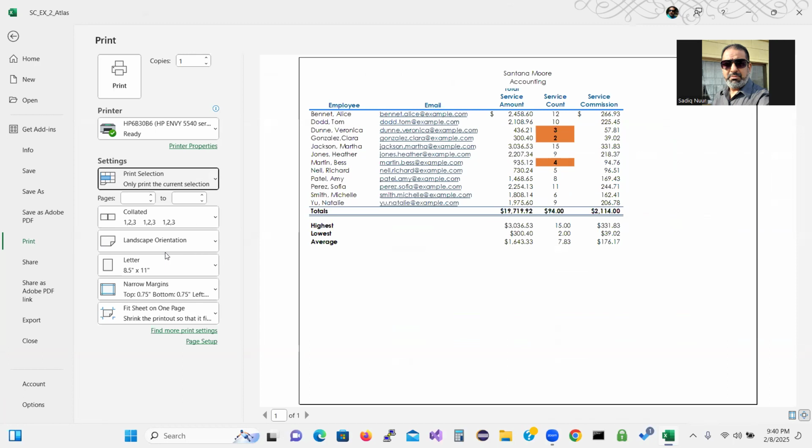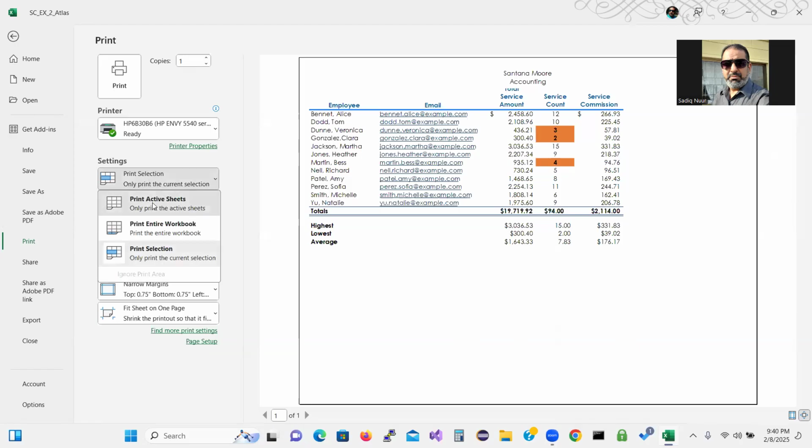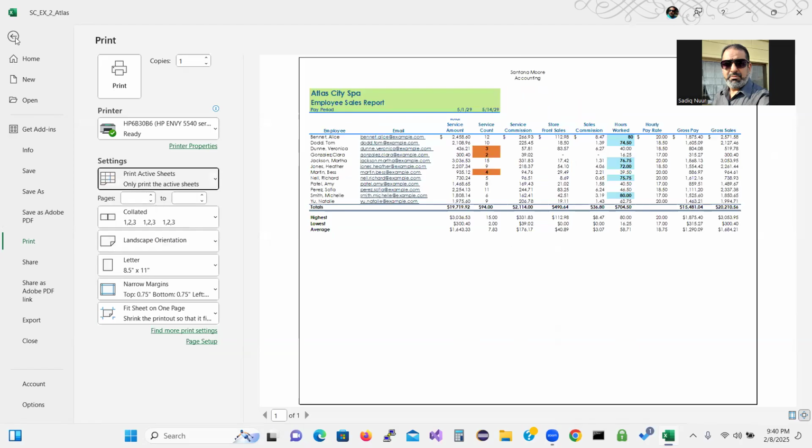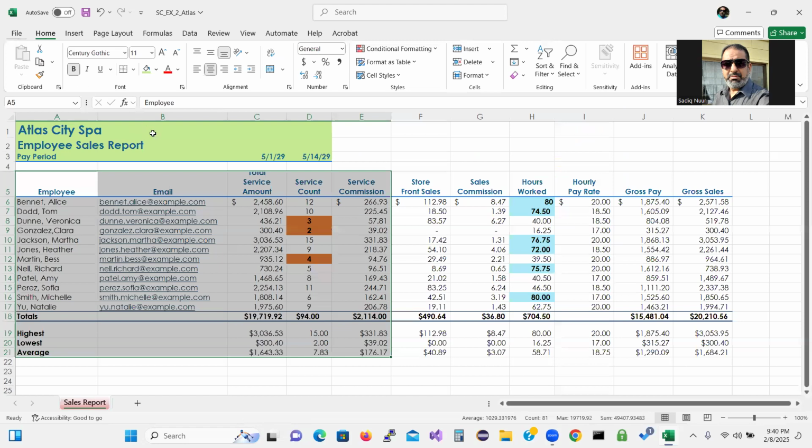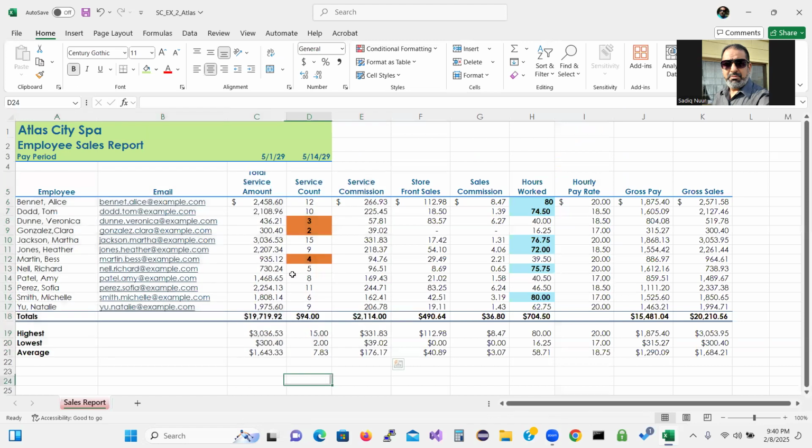Next, displaying and printing the formula version of the worksheet. The formula version is useful for debugging a worksheet. Debugging is the process of finding and correcting errors in the worksheet, right? So to do that, I will change this back to active. I will hit the back arrow. So for example,